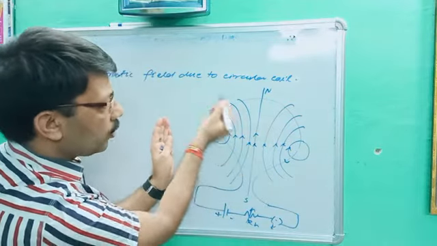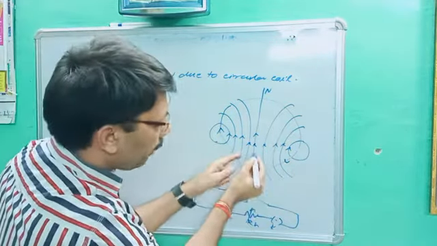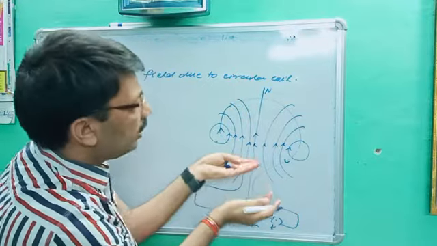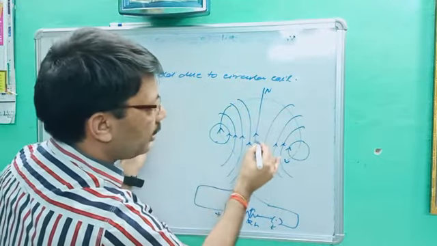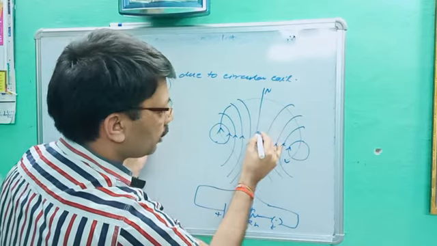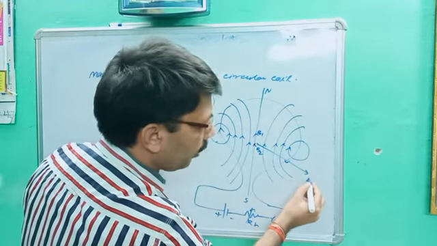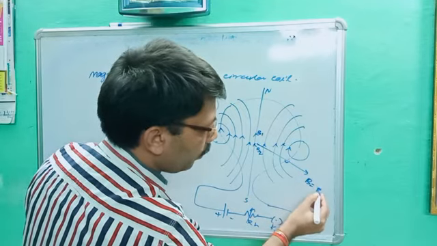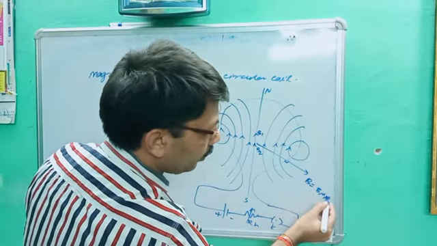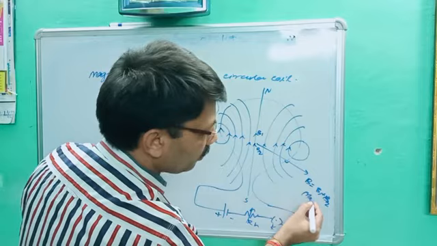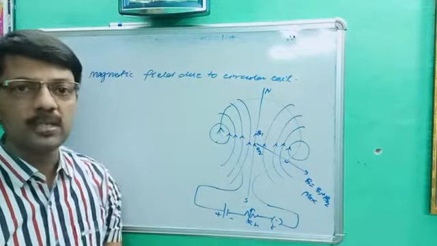You can see, although one is anti-clockwise and the other clockwise, at the midpoint both magnetic fields have the same direction. So the magnetic field turns maximum. Let's suppose this is B1 and this is what? B2. So what is the total magnetic field at the midpoint? B equal to B1 plus what? B2. It means the magnetic field turns what? Maximum.